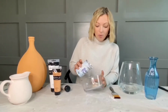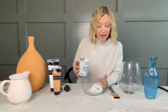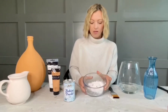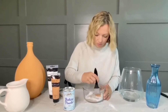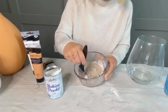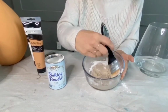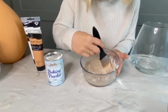If you have any questions, if you want to comment down below, we will try to get those answered. The ratio that I'm doing, if I'm guessing, I probably did a 1/4 cup of paint to 2 tablespoons of baking powder. Looks like this right now. We're going to take our paintbrush and just mix it up. And that baking powder really adds that gritty texture to the paint, which is really what we're looking for here. So as I mix it up, if it's not as gritty as I would like, I just add more baking powder,